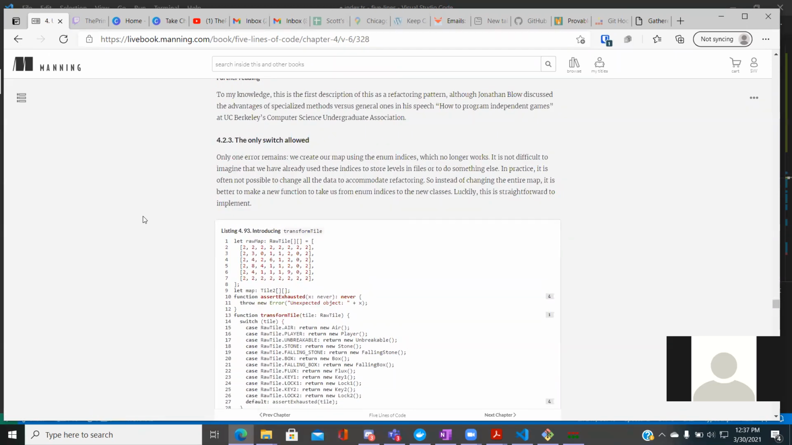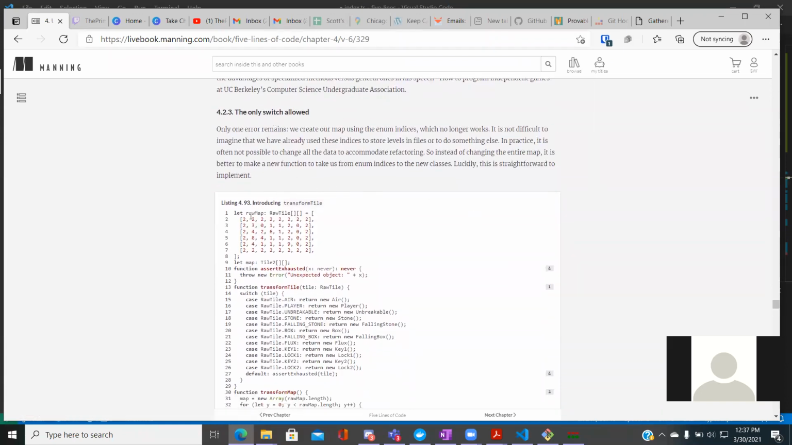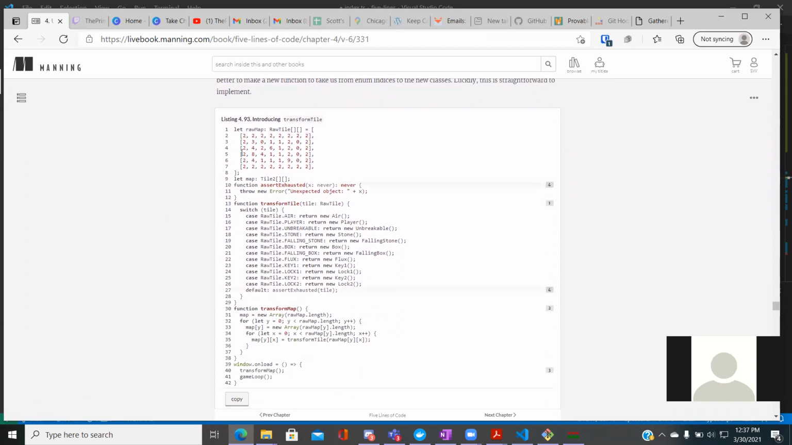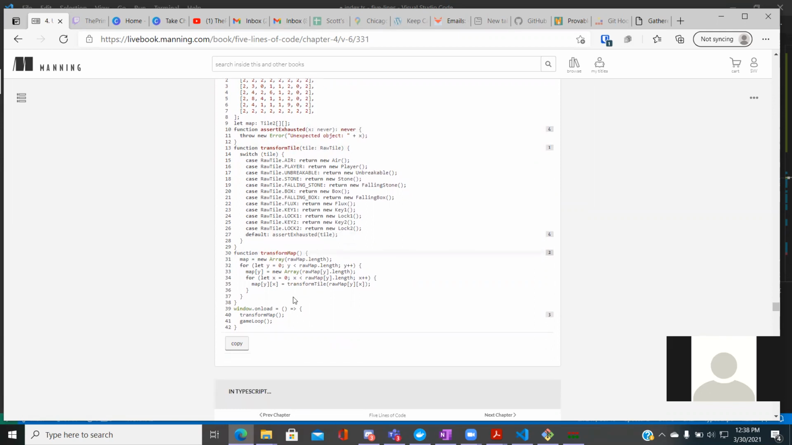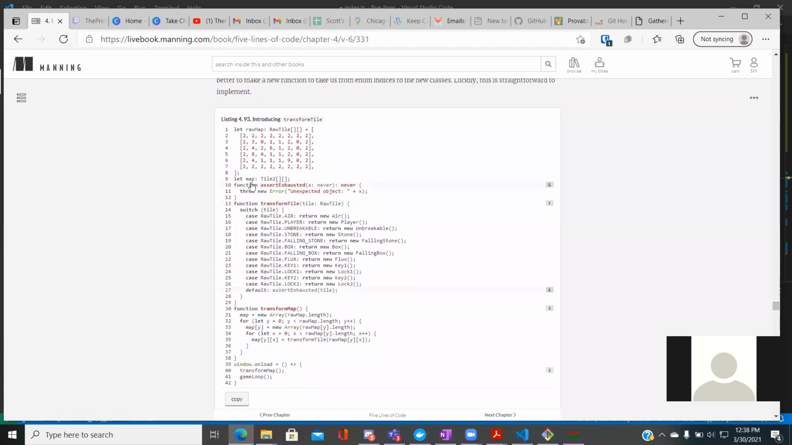So now he says that you know, switch is a bad thing to have, but in this case, we're going to have a switch to kind of convert between this raw map that we have and the objects that we want to have. So he suggests we create this transform tile method that basically will walk through and transform the map. I'm sorry, we'll have the transform map method that transforms the raw map into the new map. And in their switch statement for the default, the assert exhausted is sort of a special thing for TypeScript. So rather than type all of this in,